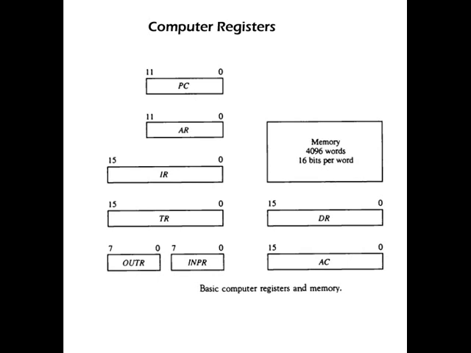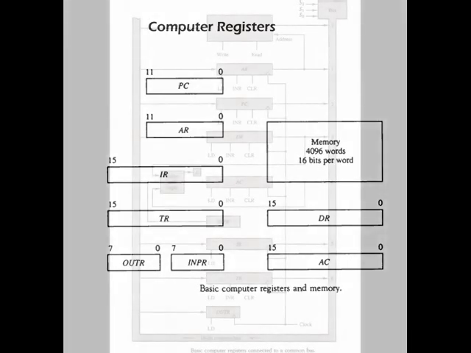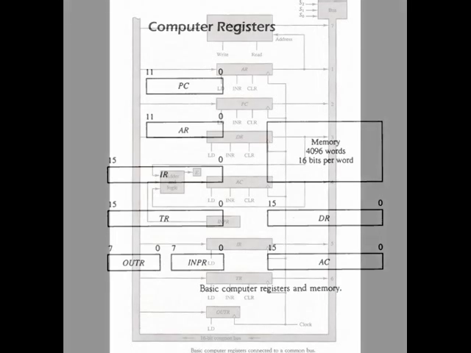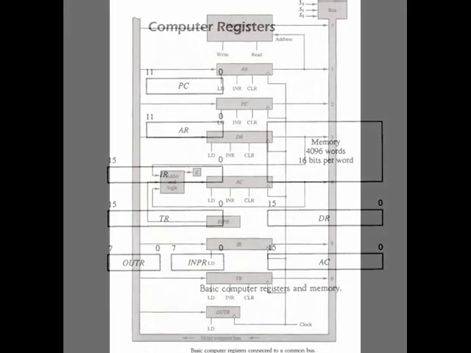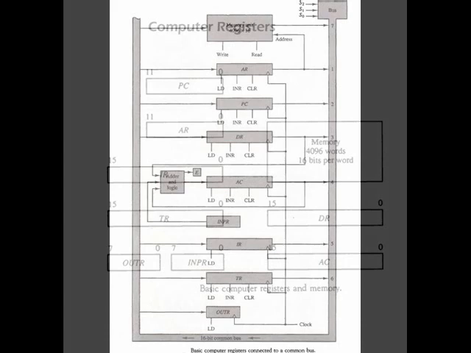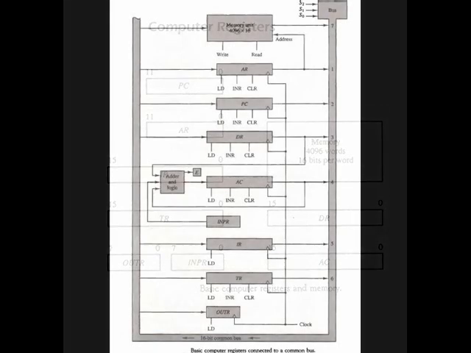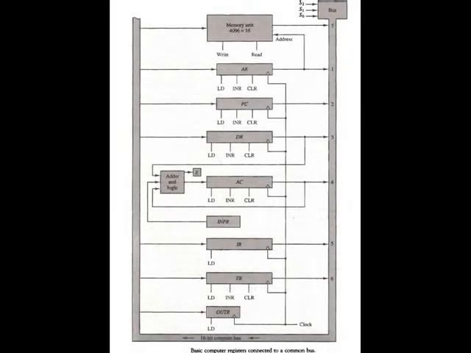The next topic is the common bus system. Common bus system means how the registers are connected to the common bus. The paths are provided to transfer information from one register to another and between the memory and registers. The number of wires will be excessive if connections are made between the output of each register and the input of other registers. Bus means wires. The figure shows its operation.